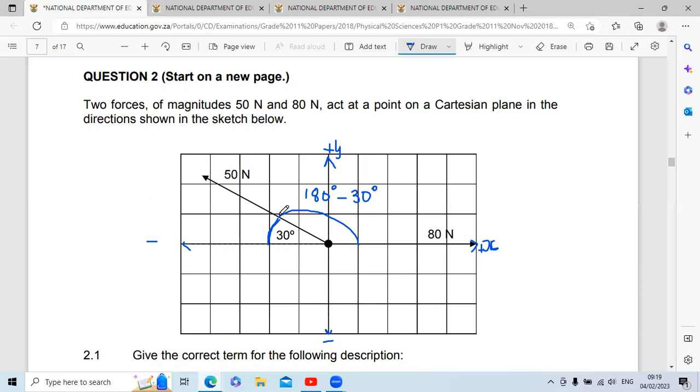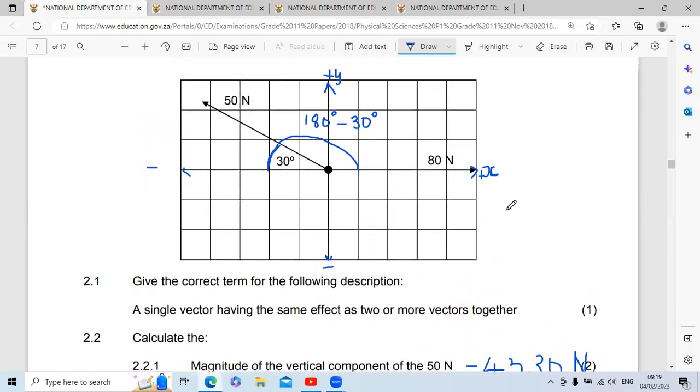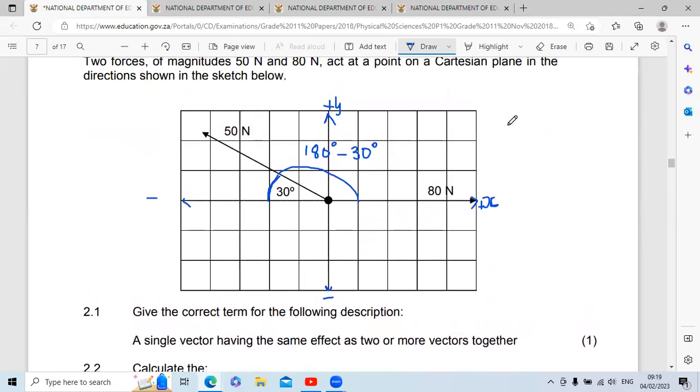So for example, right now, when we find 2.2.1, we're gonna say that the cos of 150 degrees,